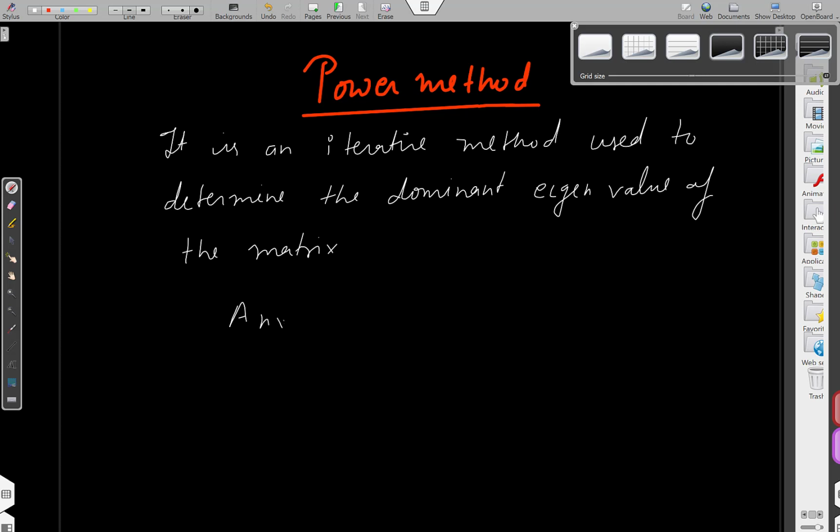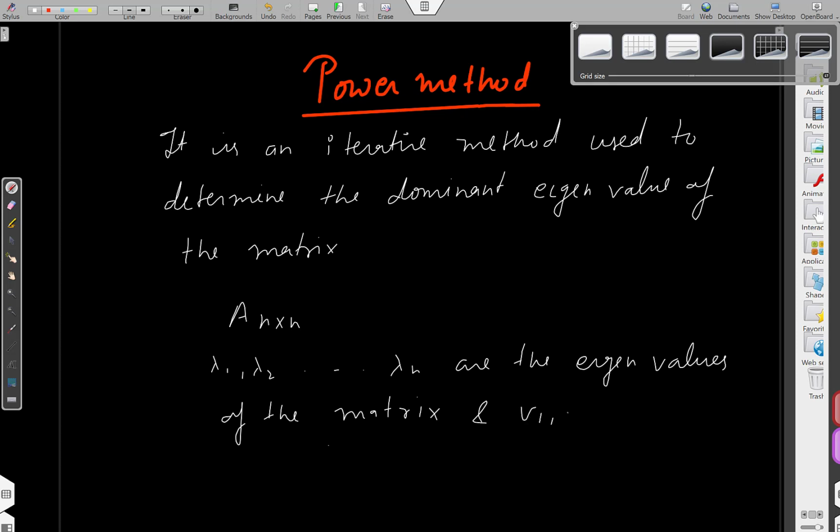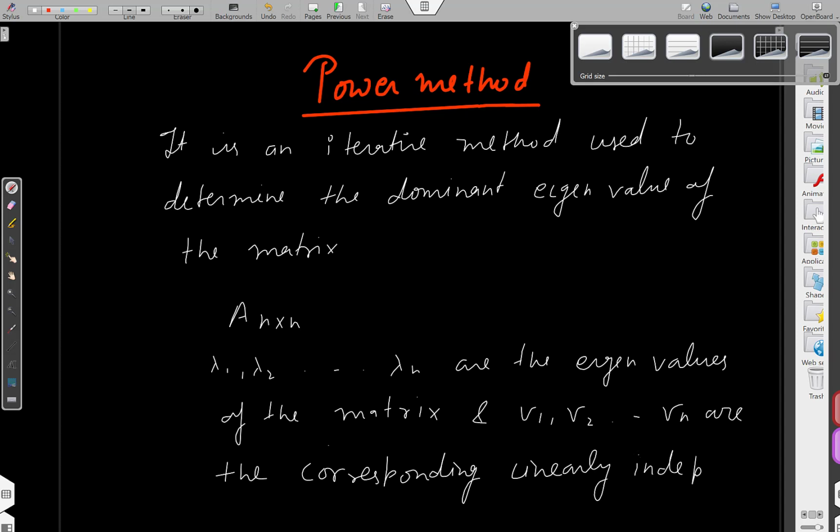Suppose A is a matrix of size n by n, and lambda 1, lambda 2, ..., lambda n are the eigenvalues of the matrix A, and b1, b2, ..., bn are the corresponding linearly independent eigenvectors of A. Okay, then